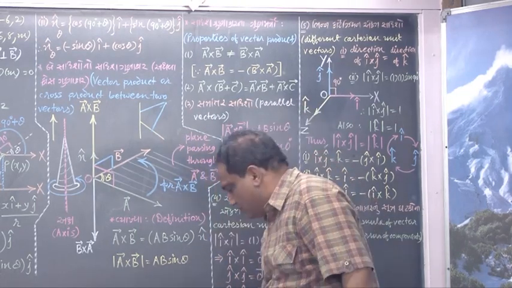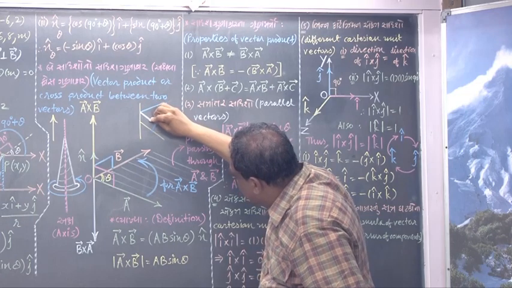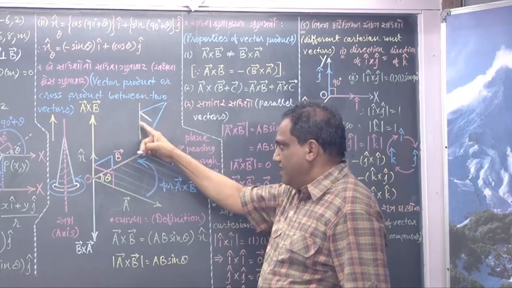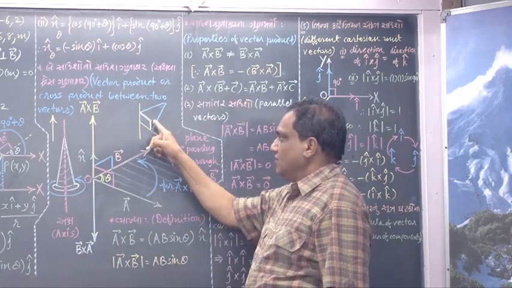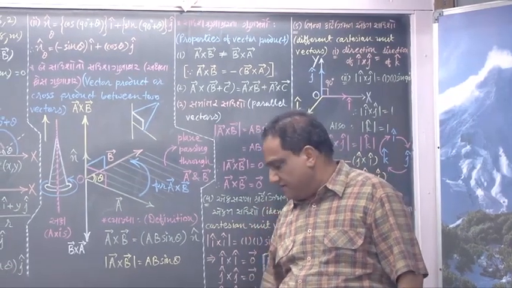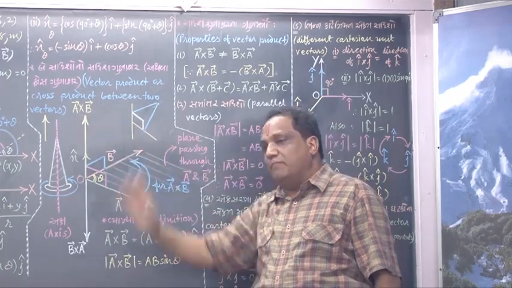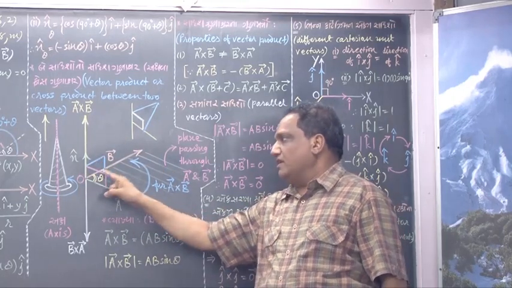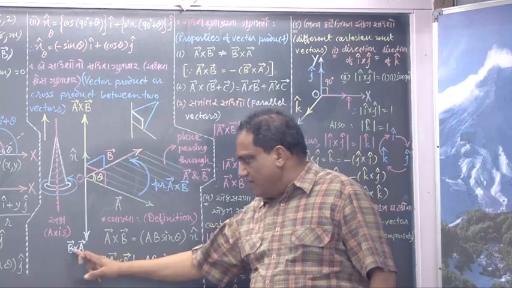How should he have drawn? I am showing you. From here if he starts, he should draw this way, parallel to this. And from here, parallel to this, vertically downwards. Do you find it a right angle? Yes. So just learn perfectly. Okay? Fine. So this is the vector which is perpendicular to both the vectors, vector A also, vector B also. Suppose now you want vector B cross vector A.